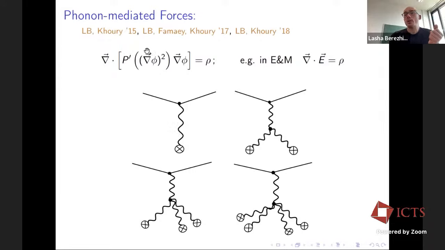Now, because in the case of a generic superfluid you have a nonlinear equation of motion, diagrammatically this translates into some diagrams, schematically of this form. And then depending on the level of nonlinearity, you could have different contributions. So in principle, the force law doesn't need to be 1/r, it could be more general. And once again, as I said, this P is given by the equation of state.